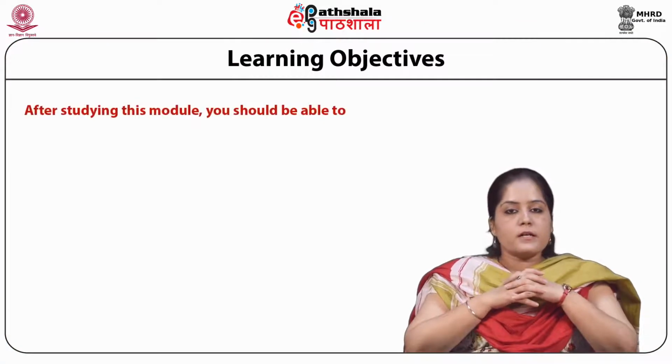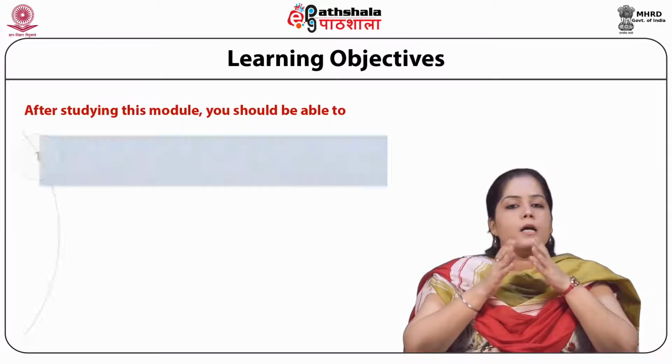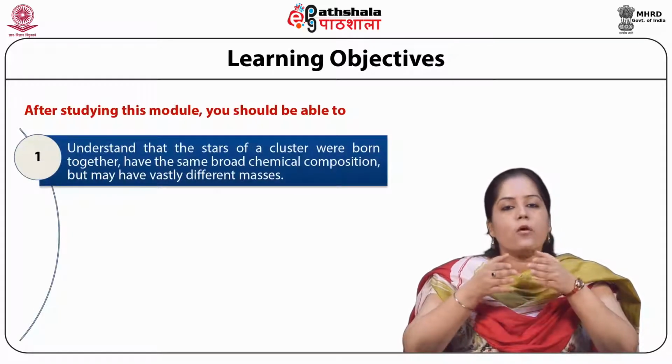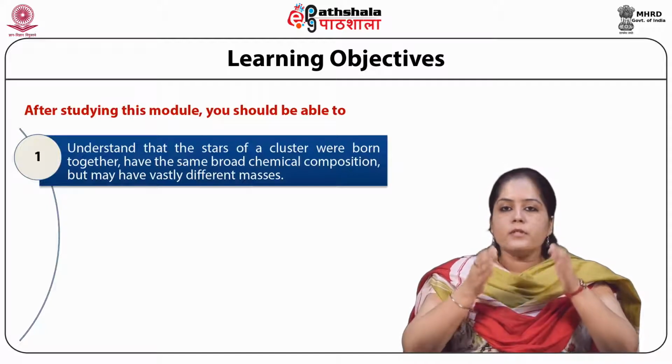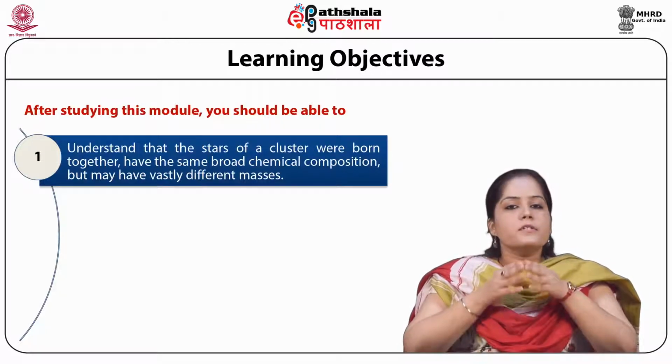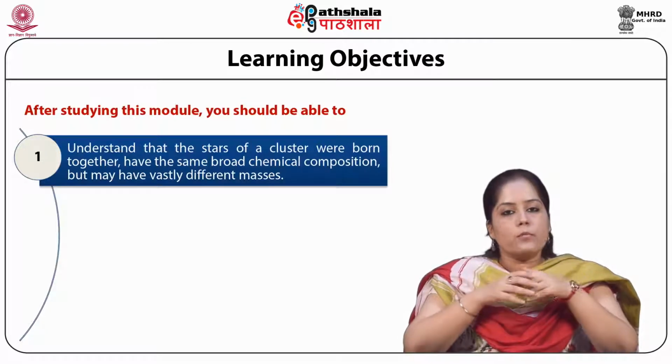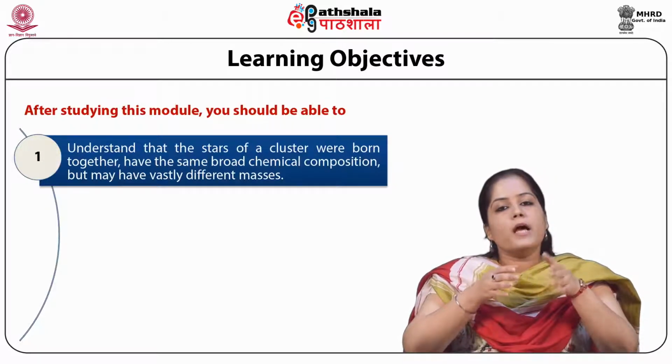So students, today we are going to discuss the module HR diagram, color magnitude diagram, from the paper Astronomy and Astrophysics. After studying this module, you will be able to understand that the stars of a cluster were born together and have the same broad chemical composition but may have